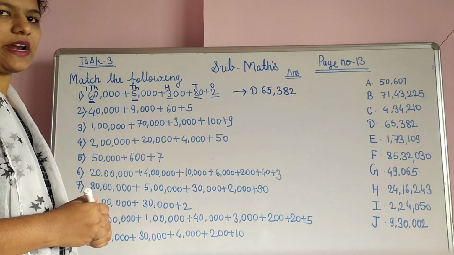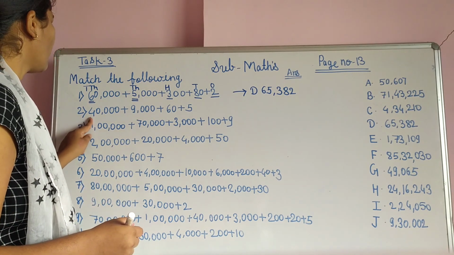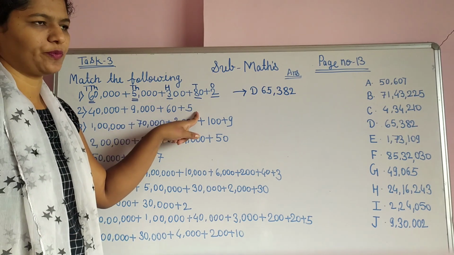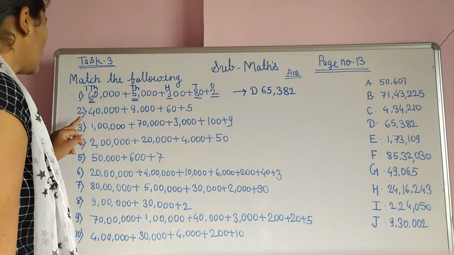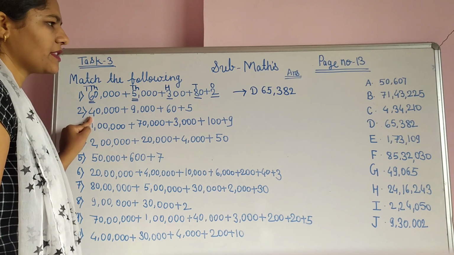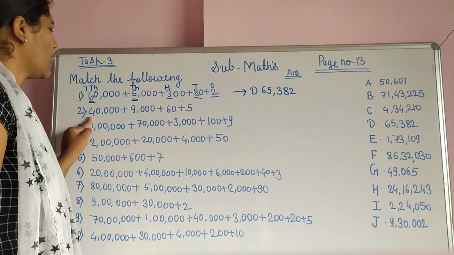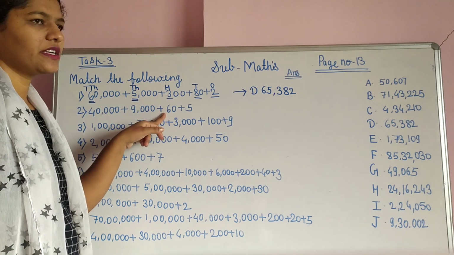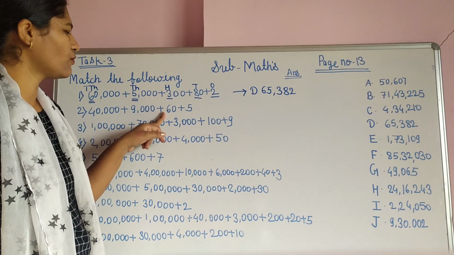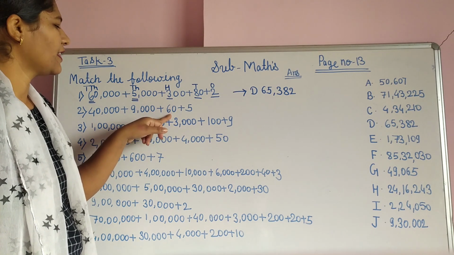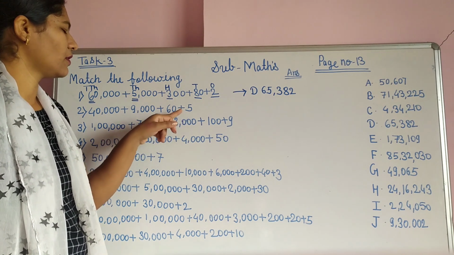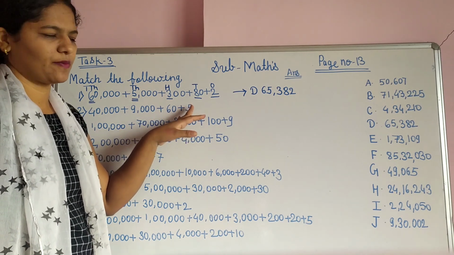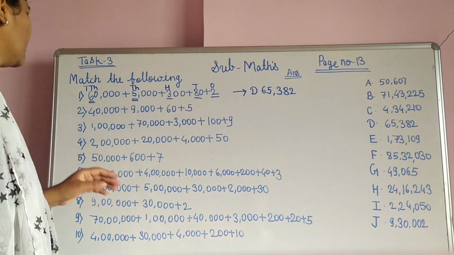Okay student, like this we have to solve all our examples. Now we see our next one. What is there? 40,000 plus 9,000 plus 60 plus 5. So student, here on the 10,000 place, which number is there? It is 4. Then 9 on the 1,000 place. Now here, is anything given on the 100 place? No. It means 0. Tens place 6 is there and 5 is on the ones place.